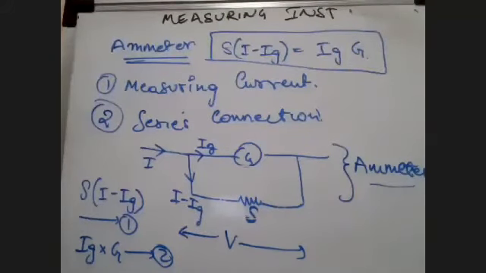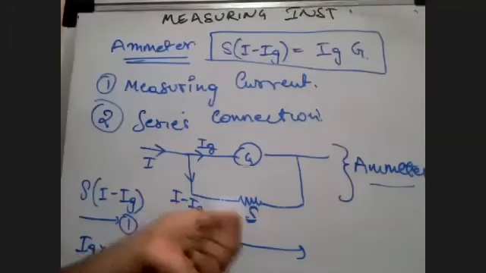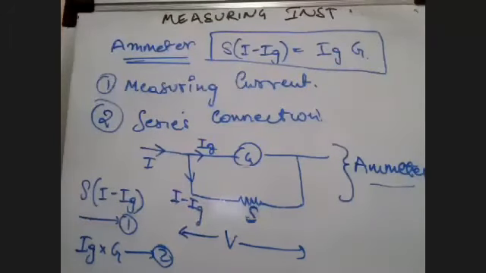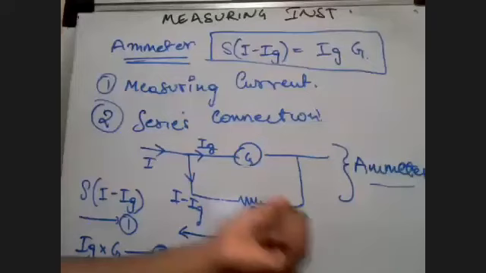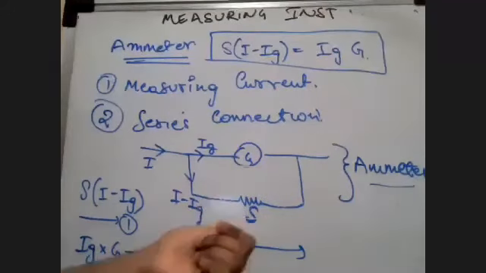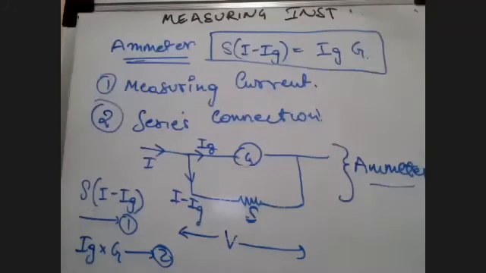If I have to find out, in an ammeter, the current which passes through the shunt resistance should be a large amount. What do I need to make sure basically? What is the principle of current? Will current pass through maximum resistance or least resistance? Current always passes through the least resistive conductor.